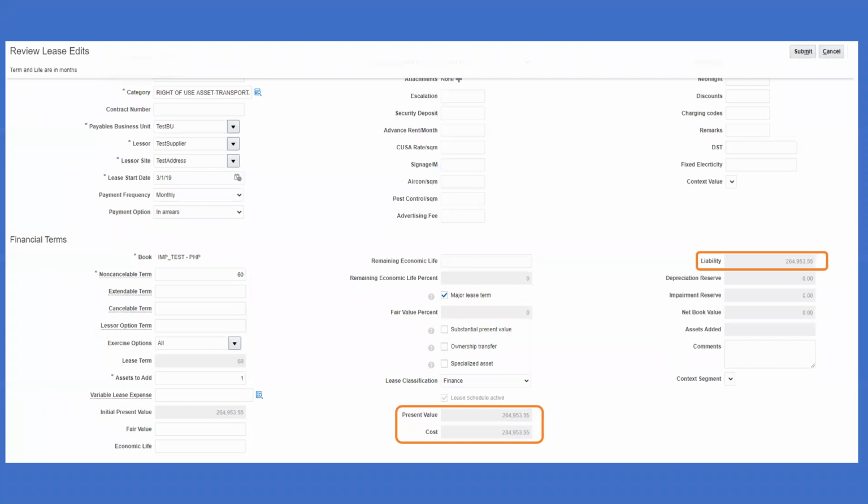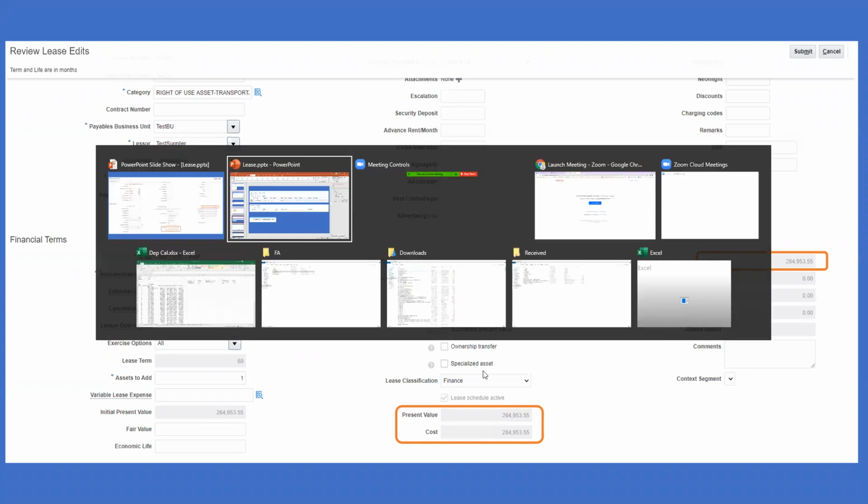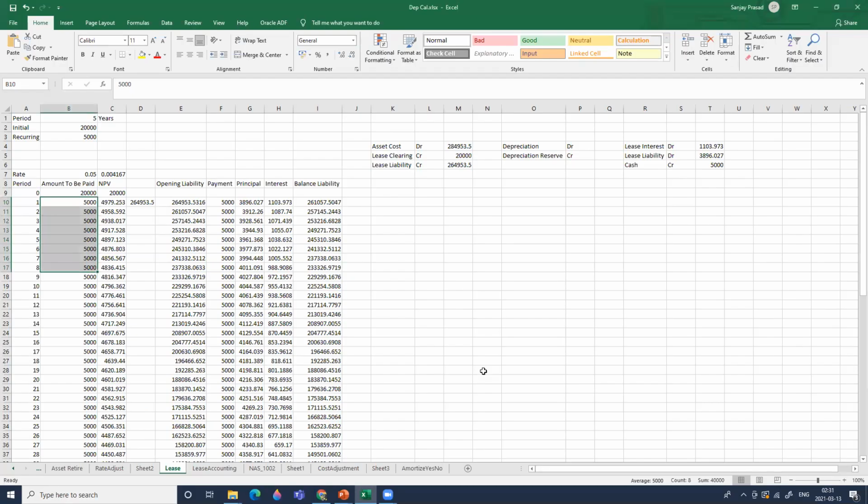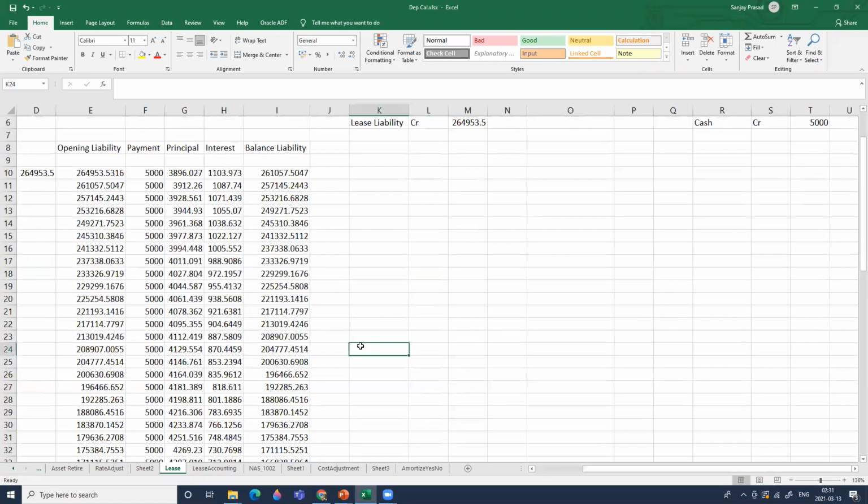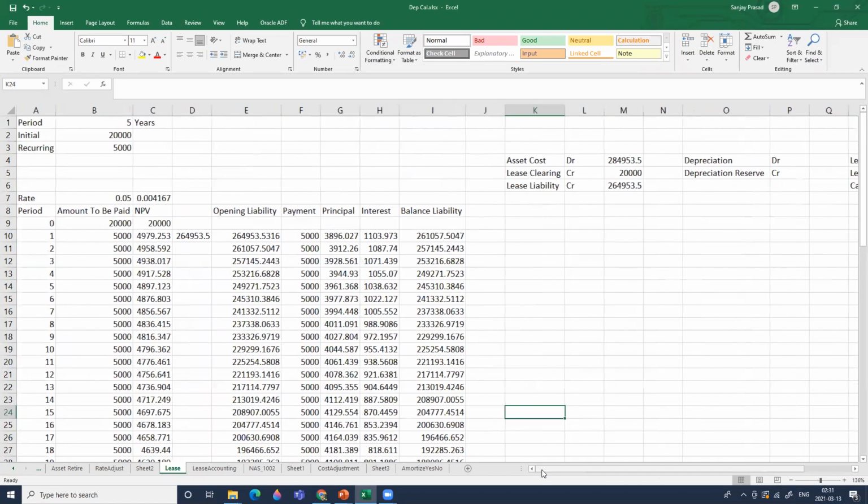Many a times, at least I was thinking about how these amounts are calculated, and that is why I would like to highlight that briefly, so that we have clarity on it. What we talked about in the previous video, these are the lease terms we have. Initial payment is 1,000, recurring payment is 5,000, and the cost of capital we said was 5%, if you remember the schedule we entered in the lease agreement.